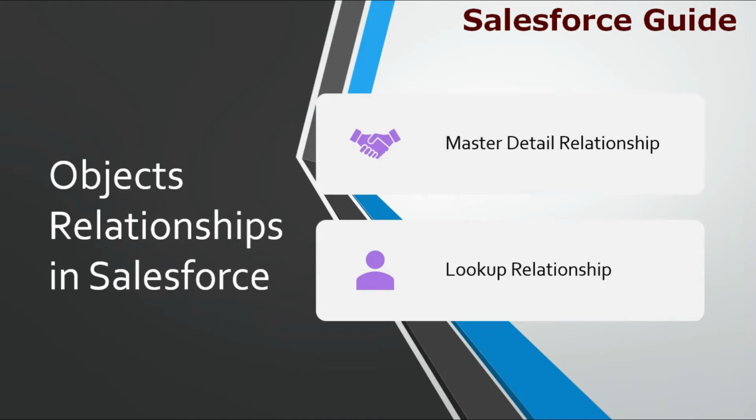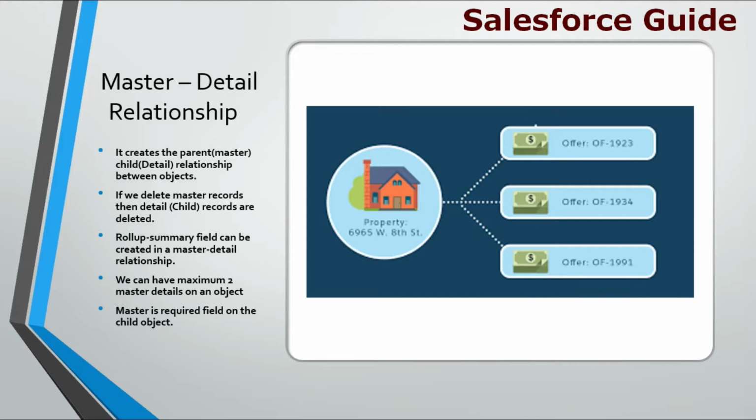Master-detail relationship is a type of relationship which we mainly know as a parent-child relationship, where every child must have a parent. If any activity, that means a delete activity, is performed on a parent, the children get automatically deleted. Such functionality is implemented in Salesforce by using master-detail relationship, where the master record is considered as a parent and the detail record is considered as a child record.